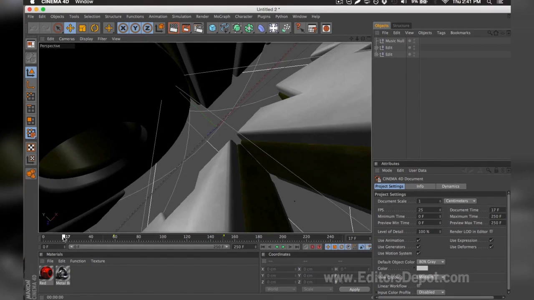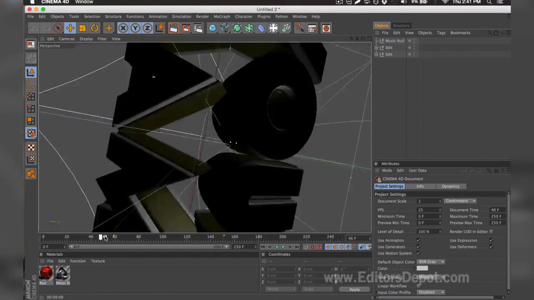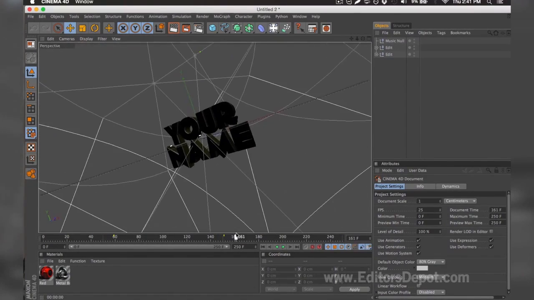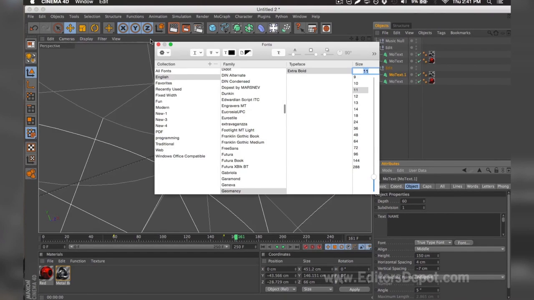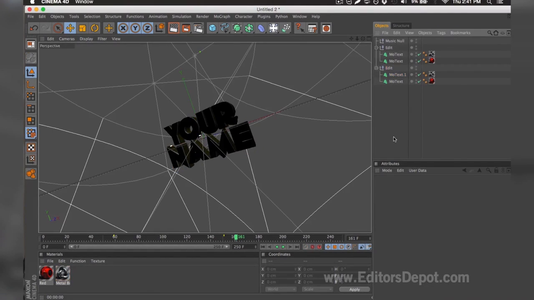Sometimes the audio will be included, and you don't have to worry a bit about that. As you can tell on this template, the audio is included. It's not a problem at all, and sometimes the font is not included. If it's not, all you want to do is of course look for the text layers. They will look a little like this. Select it, and then hit font. And select any font you wish. You can visit designerdepot.net for any font you wish.